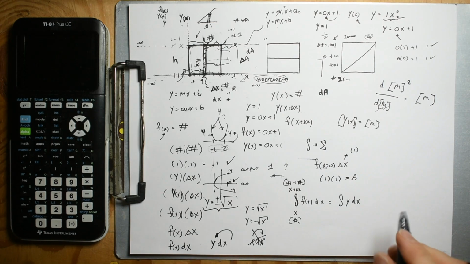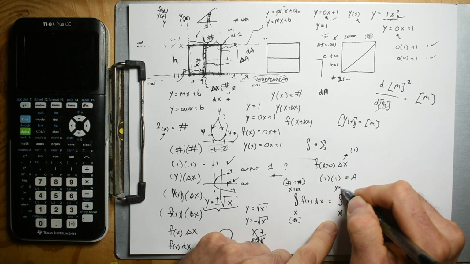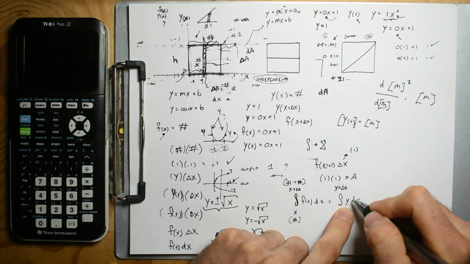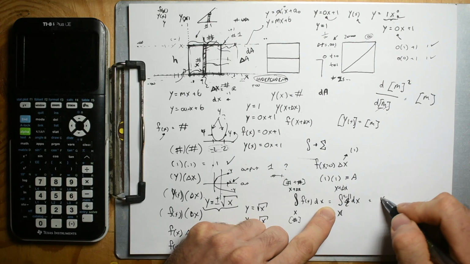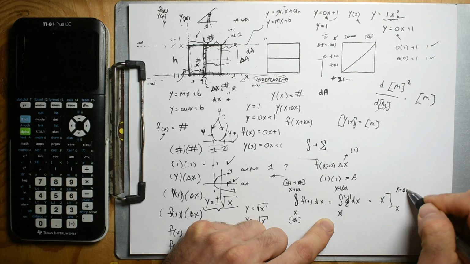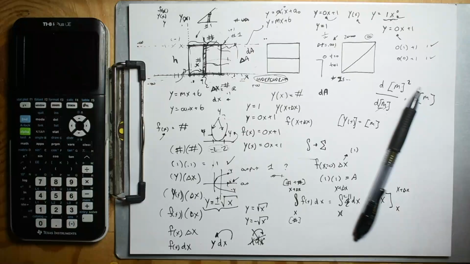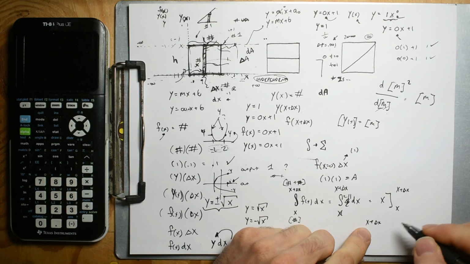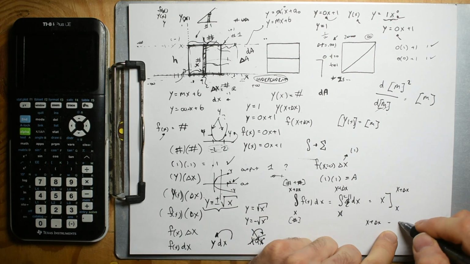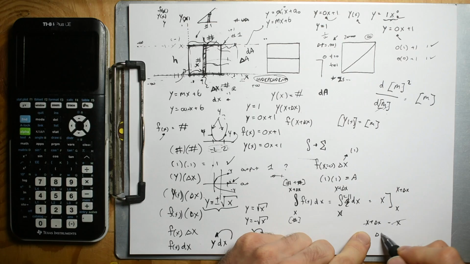Alright, and let's use common tactics on this to figure it out. So we're going to have x to x plus change in x, and our function is just going to be 1. And so we just have dx, and that's going to integrate to x. And so we're going to have x evaluated at x, and then x plus change in x. And to evaluate this, we're going to have the second minus the first. So we're going to have x plus delta x, and then minus the first, which is x. And then the x minus x goes away. And so change in x is our